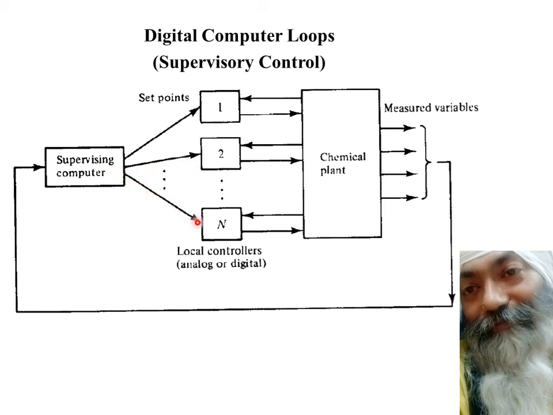You may have n local controllers. These local controllers can be analog controllers, or they can be digital controllers, preferably digital controllers. Ultimately they are receiving the set point from the supervisory control, and they are giving their output to report how they are behaving. So this supervisory control is creating a kind of data log and is having an overall supervision of the plant,